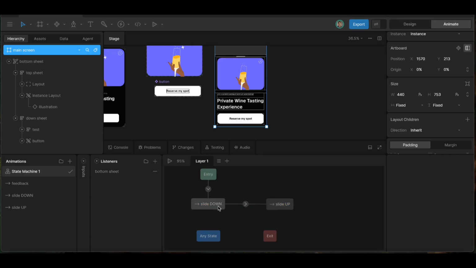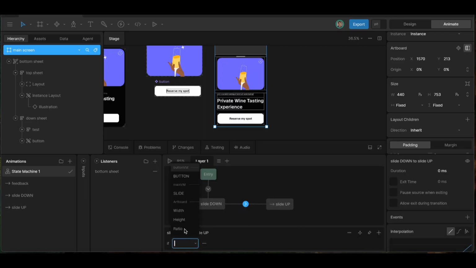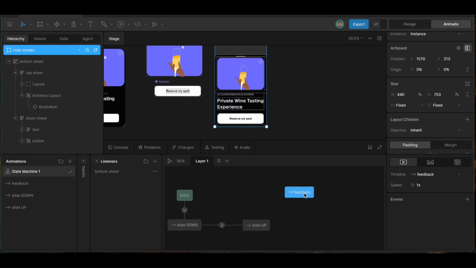When users slide up, it triggers the slide, and when the user clicks on the button,